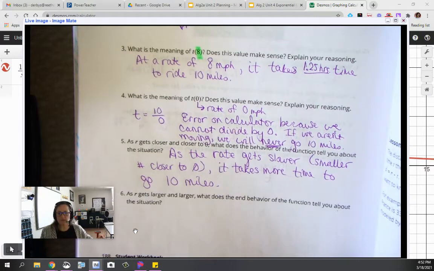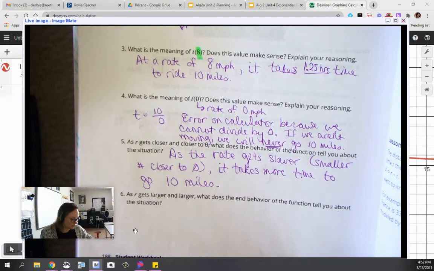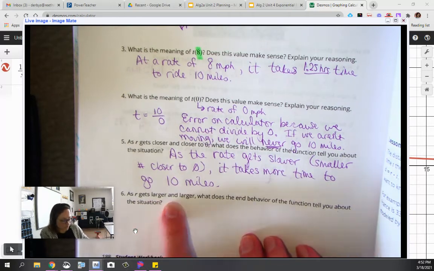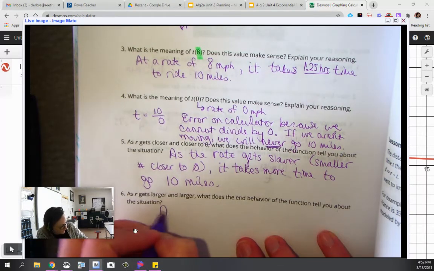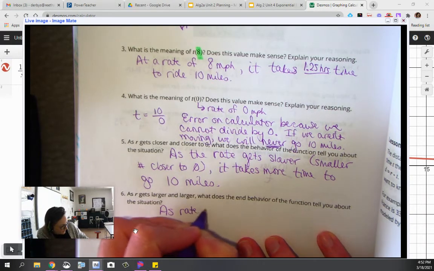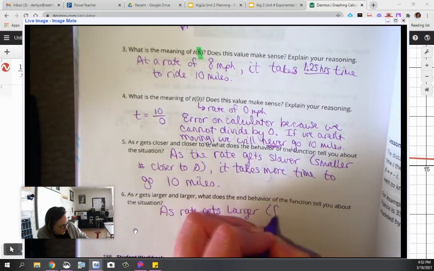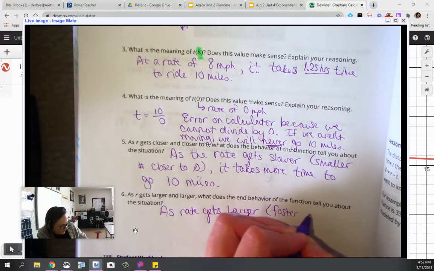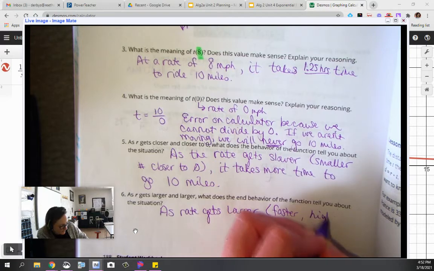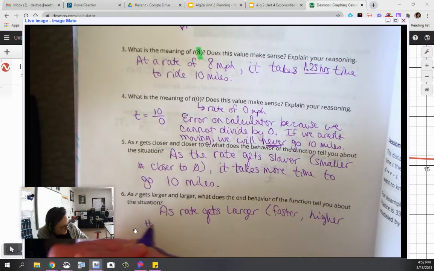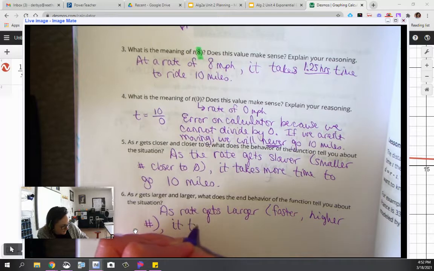So as the rate gets slower and slower, it takes more time to go 10 miles. As the rate gets larger and larger, meaning faster, a higher number, it takes less time